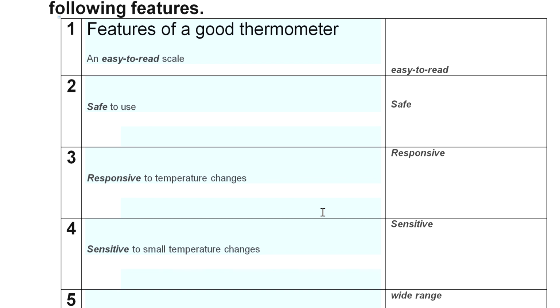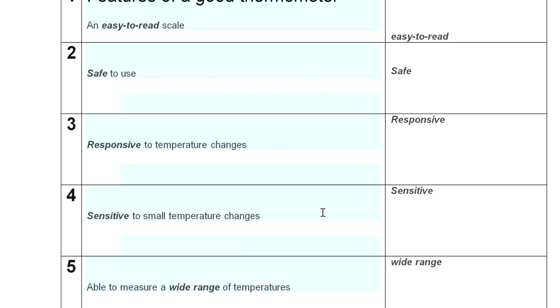Students, responsivity is also a key factor we will discuss in the upcoming classes. At the moment your responsibility is to make two columns, and in the first column write the features of a good thermometer, and in the second column write the keywords. So responsivity: a good thermometer is the one which can respond to temperature changes. Its mercury level or alcohol level should not be fixed. It must be moving up and down so that it can be responsive to temperature changes.